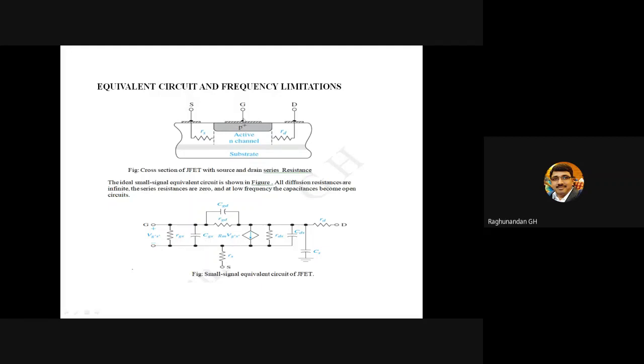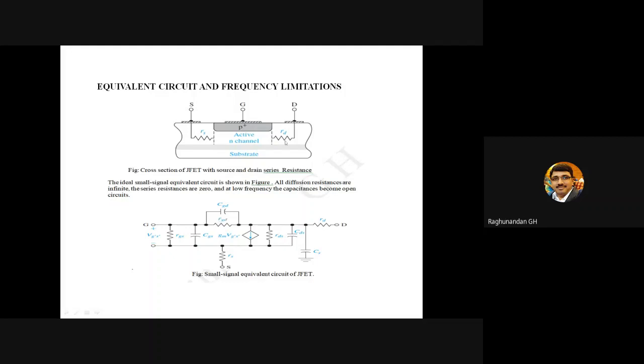After this, between the gate and the drain. Again, gate has a metallic contact or ohmic contact, and drain has a metallic contact or ohmic contact. Between these two, it is having a dielectric medium. So that is gate to drain capacitance. That is going to act like a gate to drain capacitance. Again, between this gate and drain, there will be some opposition offered between these two terminals. That resistance is known as gate to drain resistance.